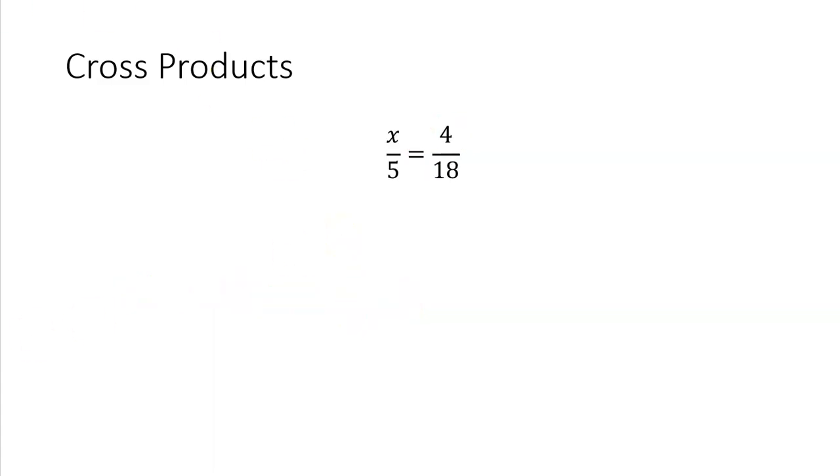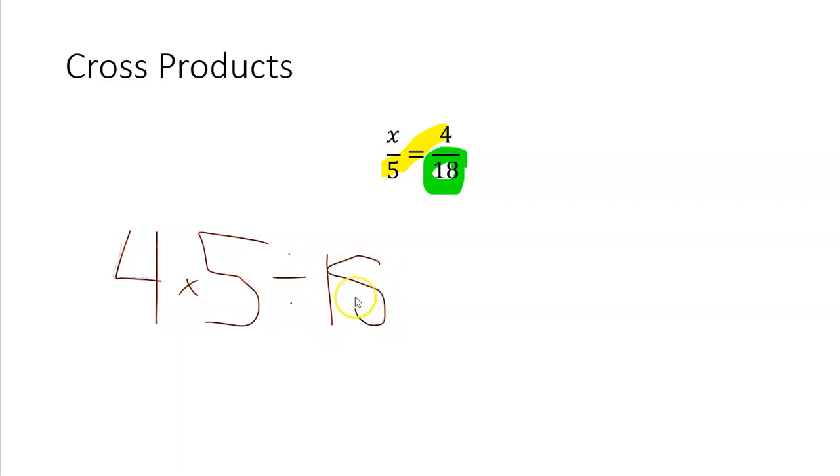Again, you're going to take the two numbers that are diagonal from each other. In this case, these two are diagonal. And then we're going to divide by the other number. So I have 4 times 5 divided by 18. Now, 4 times 5 is 20. 20 divided by 18 is